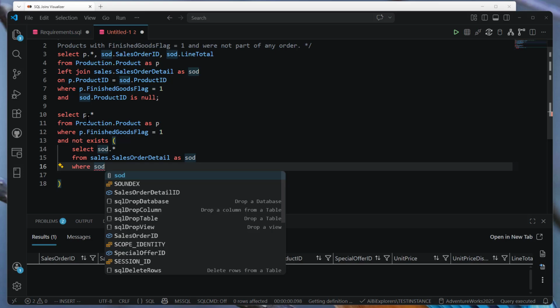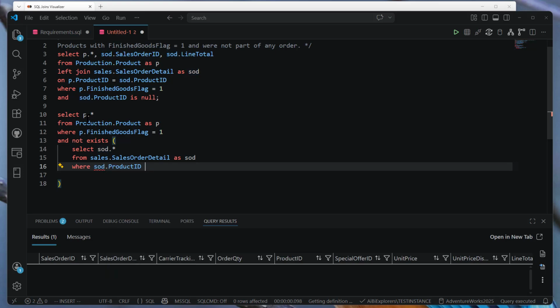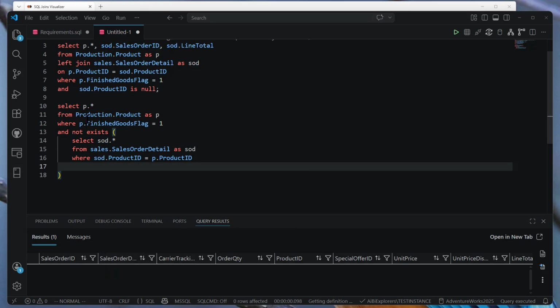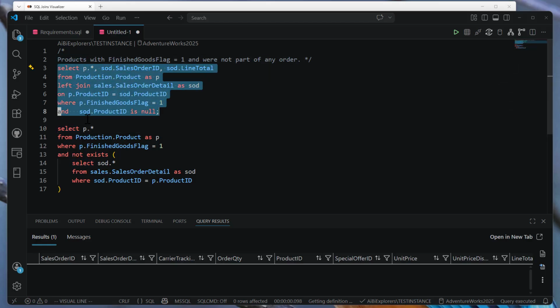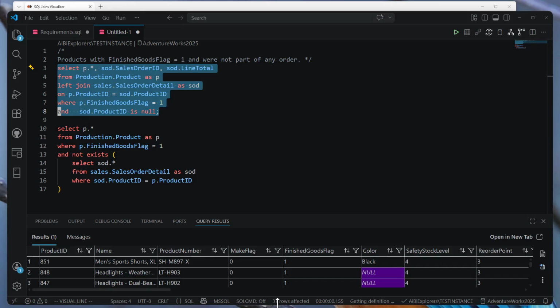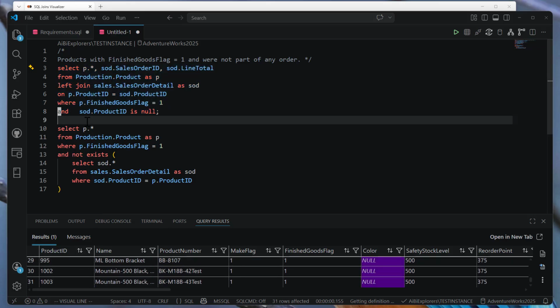The join condition, we'll put it here. So these two queries would return exactly the same result. So we run the top query here. It gives us 31 rows. Okay. If we run the second query,